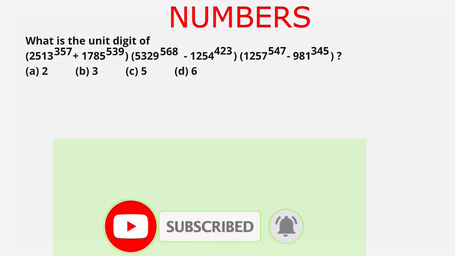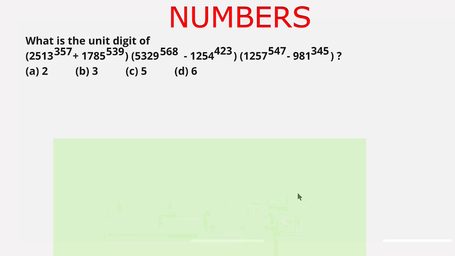We have to find the unit digit. So we will consider the unit digits in the constituent numbers. 2513 has unit digit 3, and we know that the unit digit repeats itself after every fourth power. So we will divide the power by 4, and the power is 357, and the last two digits of 357 are 57, and we divide 57 by 4. 14 times 4 is 56, and 57 minus 56, the remainder, is 1. So we write 3 to the power 1 plus